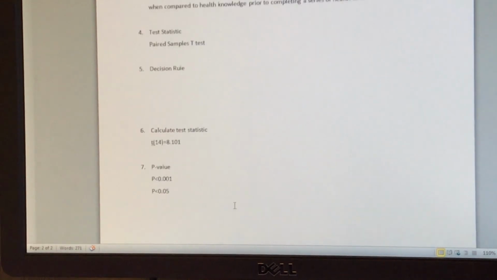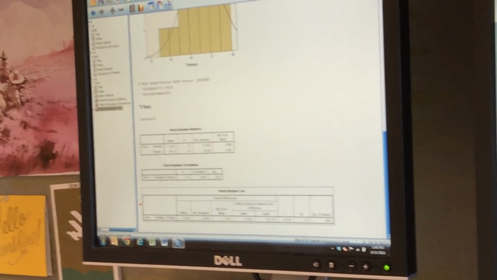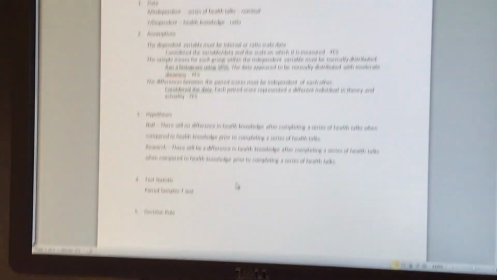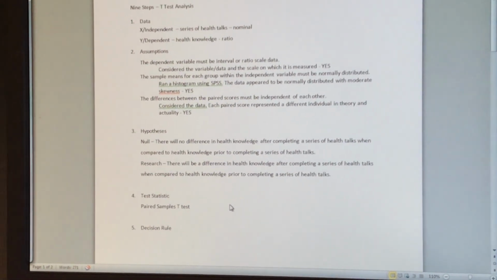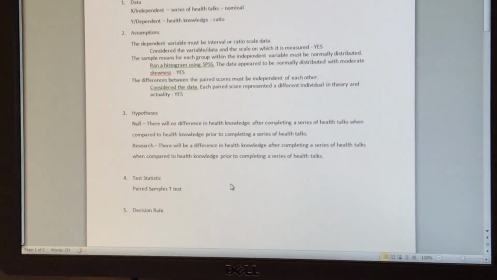So now we have all of our 9 steps, and you have your data. Remember, most of your data came from here and here. So we think, based on this data, that our series of health talks may have helped improve their health knowledge, is what our conclusion